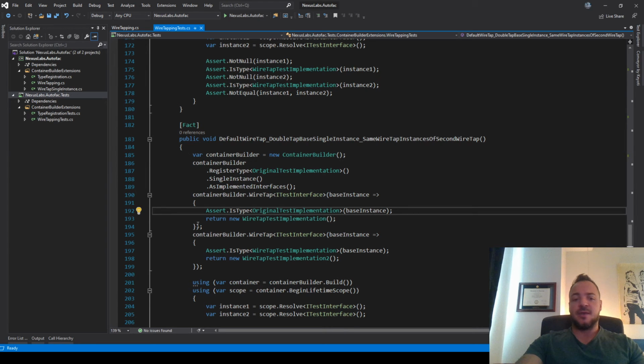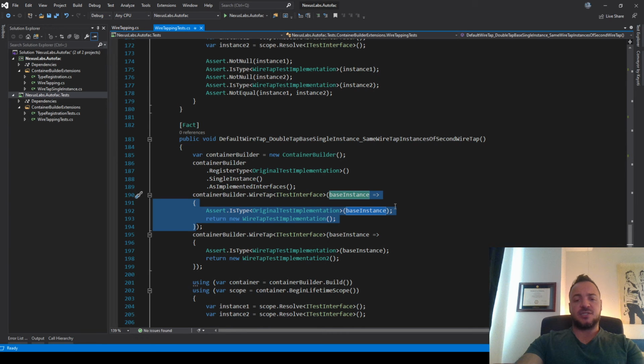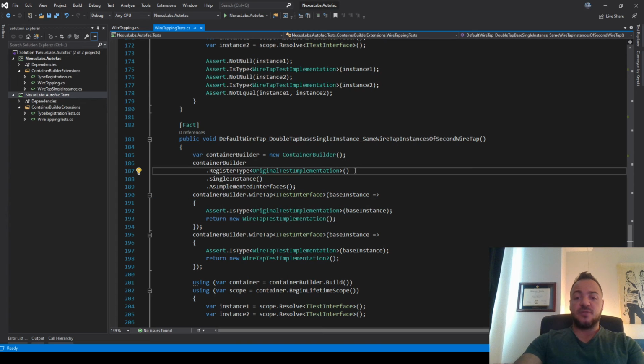Let me give you an example. Maybe doing a wiretap and passing in this anonymous function, you're like, you know what, that feels really stupid. I don't like that. A lot of the stuff in Autofac, they have some stuff with callbacks, but they do this builder pattern where they say register type, but then they can say single instance right after.